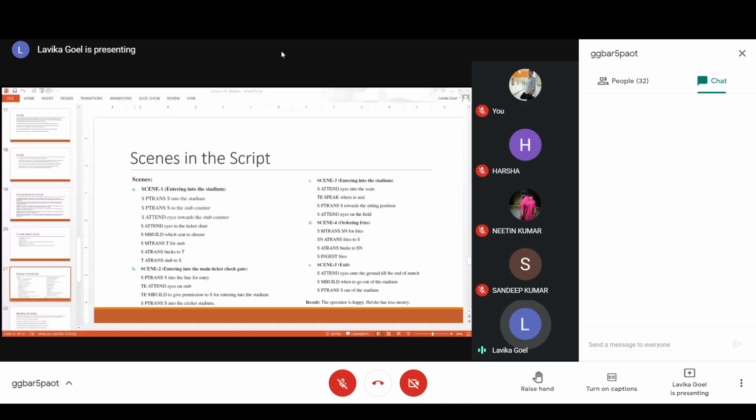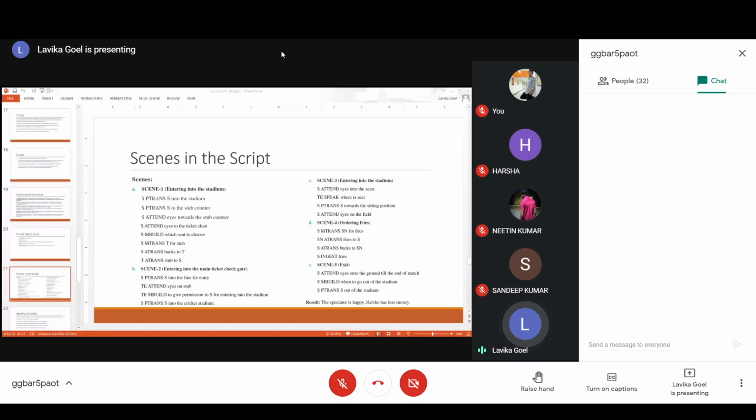So for example, this is the script for a cricket match watching. So it contains all the minute details about what happens next when you have a particular scene, what happens after that. So each and every event is basically causing the other event, right? So an event is basically the reason for the other event. So they are all in sequence. One event is there, then the other event, then the third event. They are all happening in a sequential manner, and they are related to each other. So this is the main concept of scripts. We are basically relating the events.